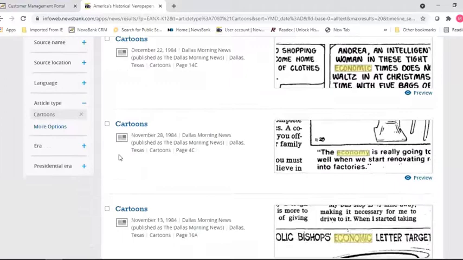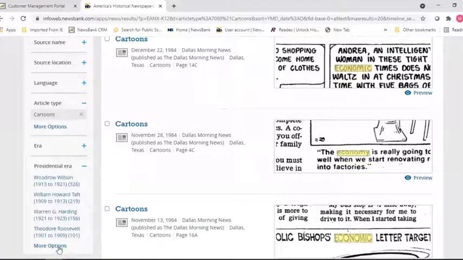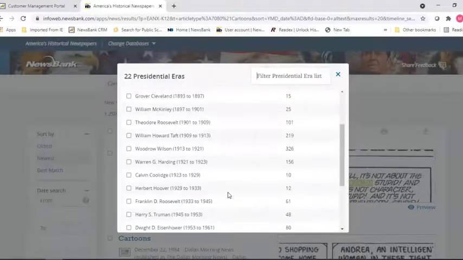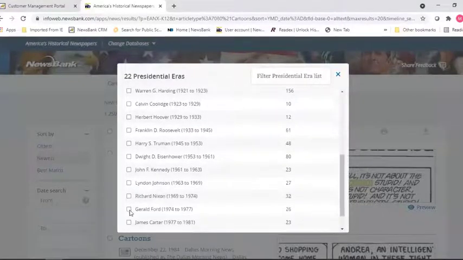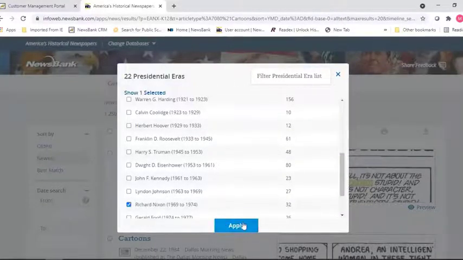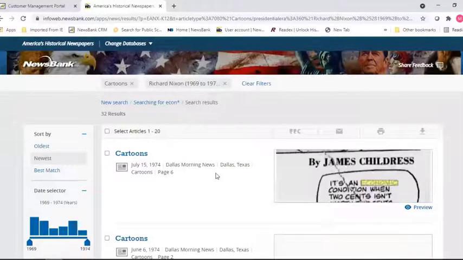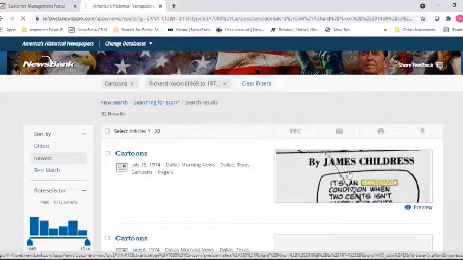Now I can go down and pick the presidential era that I was assigned. And again, more options will show you all the different options, the presidential eras that are available. So example is maybe I was given Richard Nixon. So I'll click that. And now with just a couple of clicks, I'm down to just 32 results. And all of those results have to deal with the economy and are cartoons during the presidential era I was assigned. So it's very easy for me now to look at these cartoons, because it's not a lot of information,